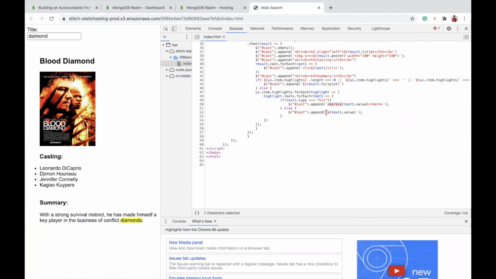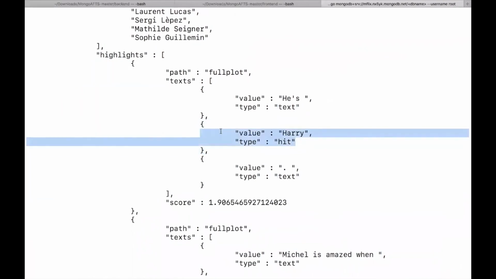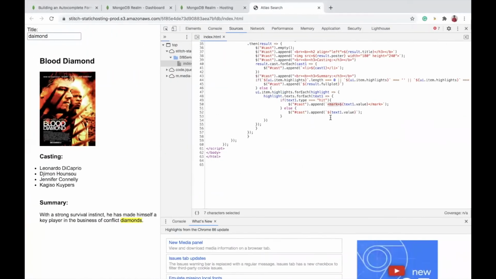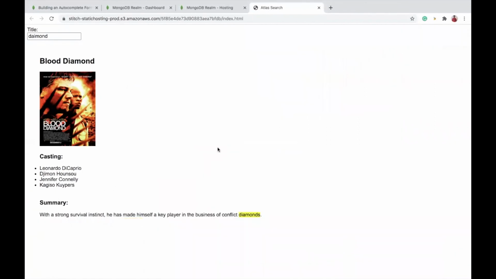So if it is not a match, then I am leaving it without giving any mark, and that will be visible as normal text. Only my match term that is marked as a hit will be marked with an HTML tag. So this is how we can use the HTML highlighting features, and that will make your search term appear as a highlighted mark. Now I'll be open to accept any of your questions.